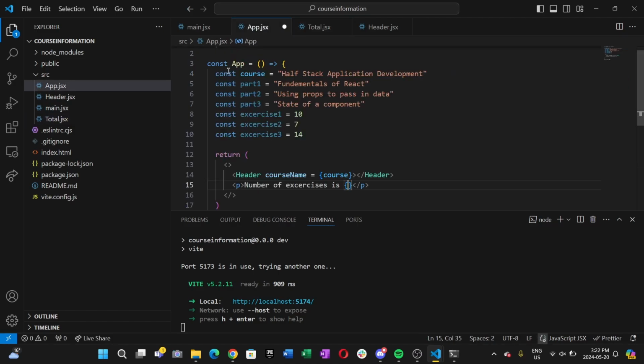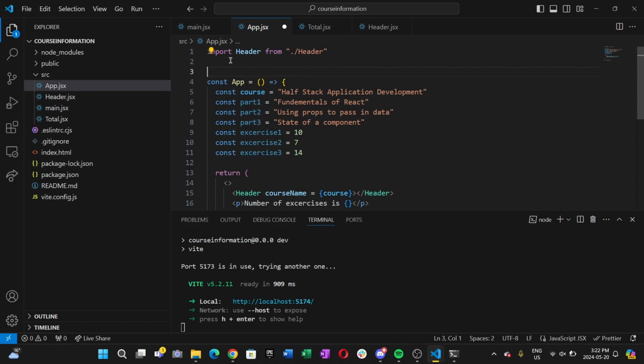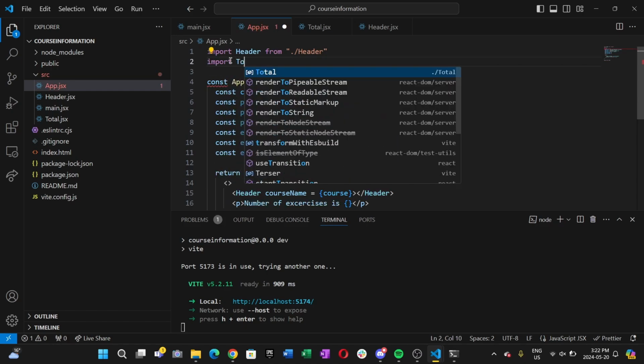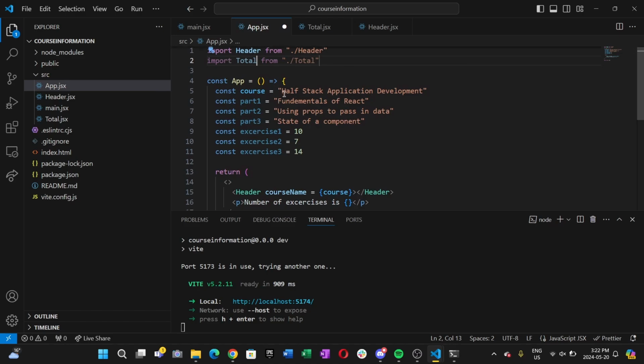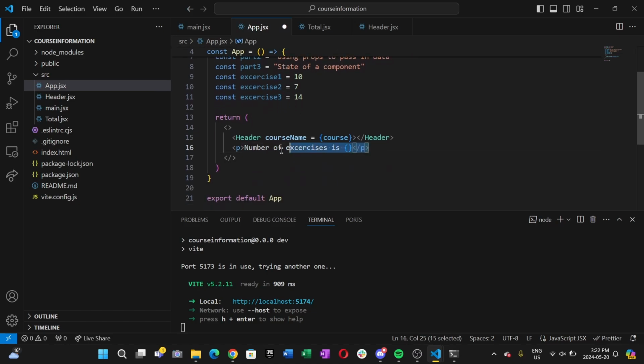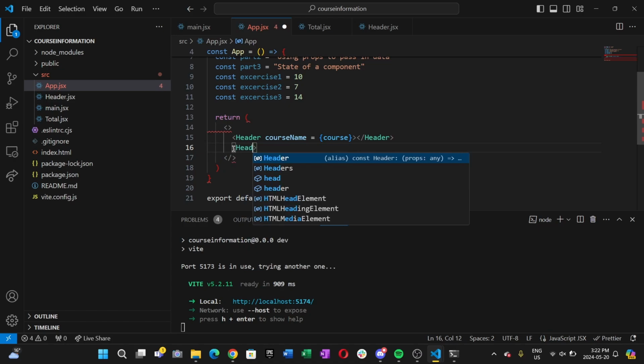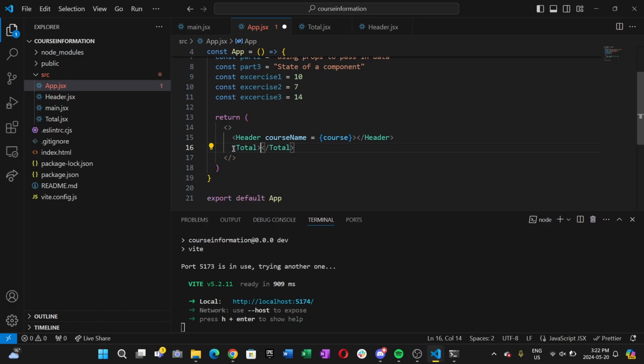And then when we call this, firstly we need to import it first. Import, I already forgot what I named it, total from total. Lovely. So instead of doing this, we can just call header, not header, total, and then close this, but we need 1 equals